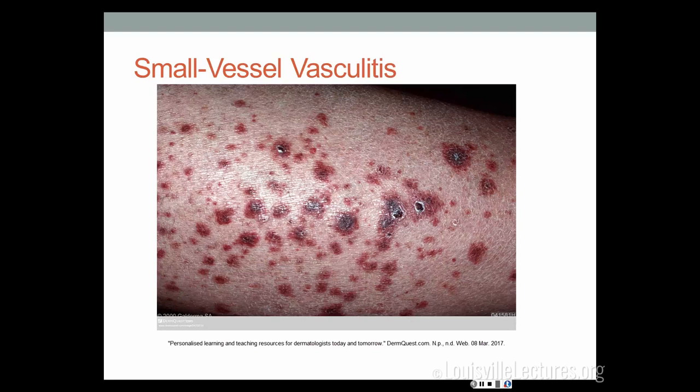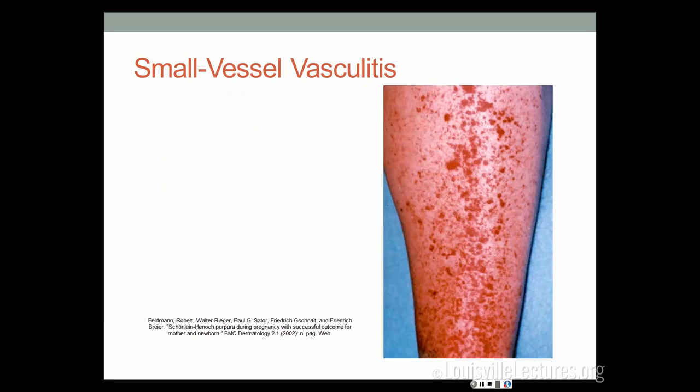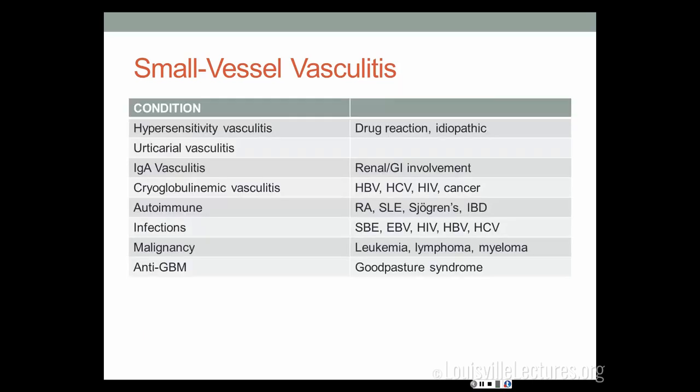Then we have a whole bunch of small vessel vasculitis diseases, and the clinical finding here is going to be palpable purpura. More palpable purpura. And this is caused by damage to the tiny blood vessels in the dermis that rupture, and then the red blood cells leak out and give you the purpura. And there's a long list of things that can do this. Probably most common is hypersensitivity vasculitis from a drug. We'll ignore urticarial vasculitis. IgA vasculitis is